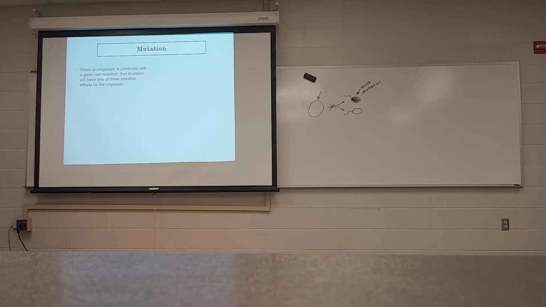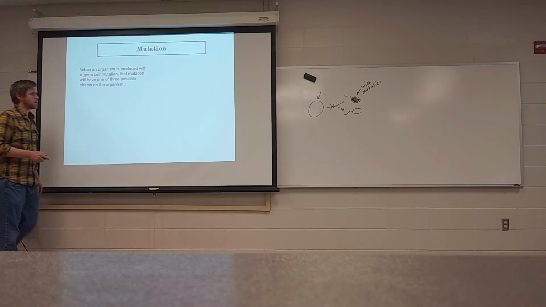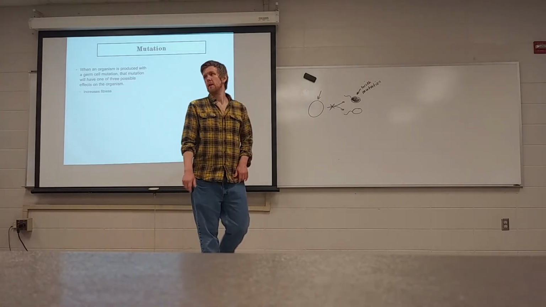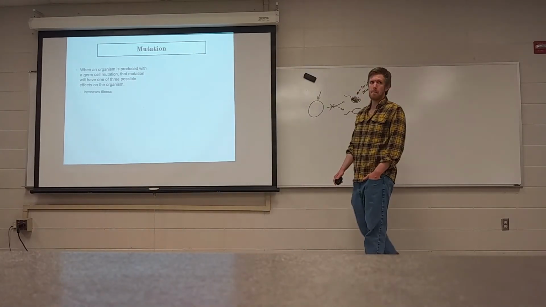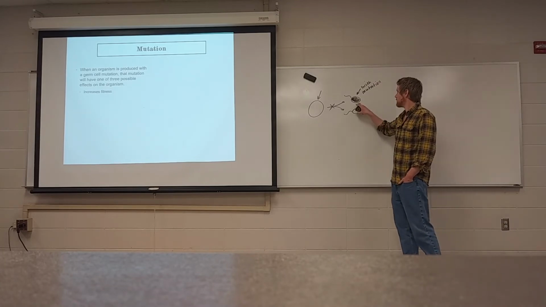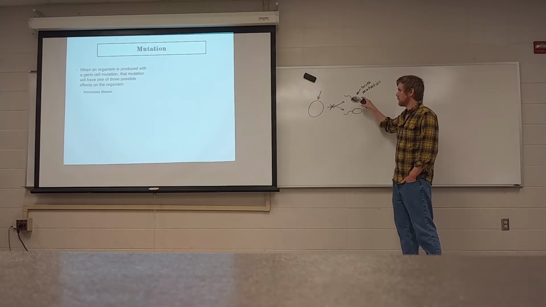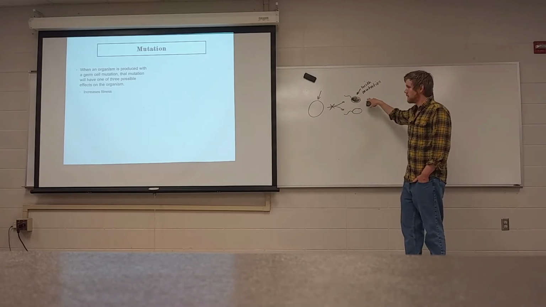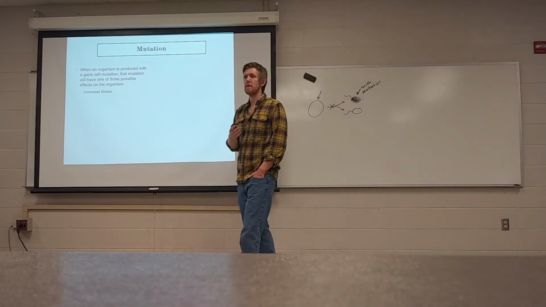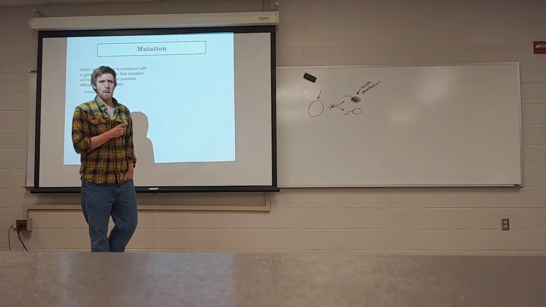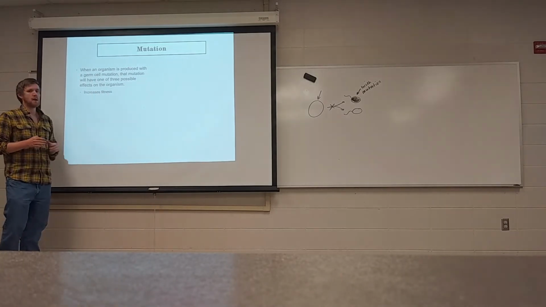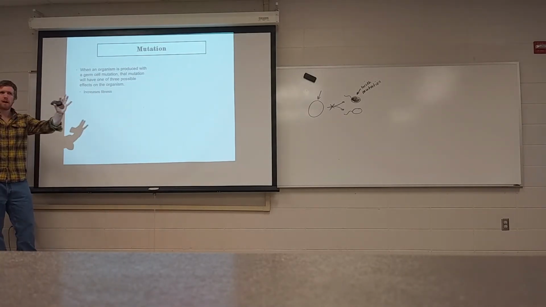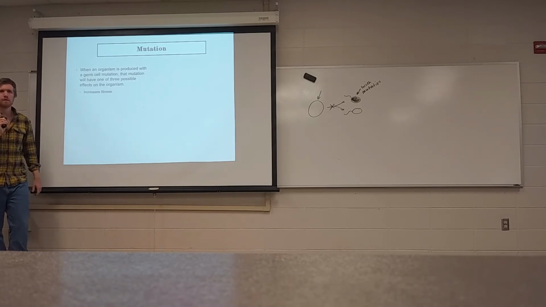When a mutation occurs, that mutation will have one of three possible effects. The first one is the rarest, which is that it increases the fitness of the organism. So if there is a mutation that occurs, that means this individual will do what? The sperm cell will become an individual when it fuses with the egg cell. That individual with that mutation is better fit for the environment than if it didn't have the mutation at all. If that's the case, then that mutation will ultimately proliferate and become much more abundant as natural selection favors it.